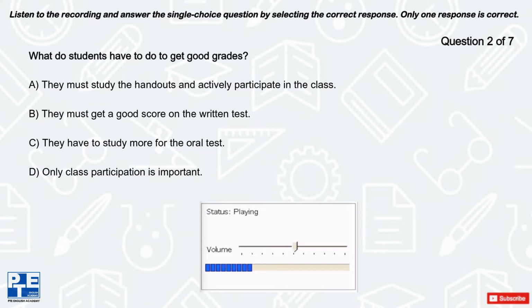Some of you may think the tests are too difficult with too many questions. But that is not so. As a matter of fact, there will be a summary handout every class this semester. And if you study them, then the tests will be very easy. And speaking about grades, the written and oral tests will be just a small portion of your final grade.